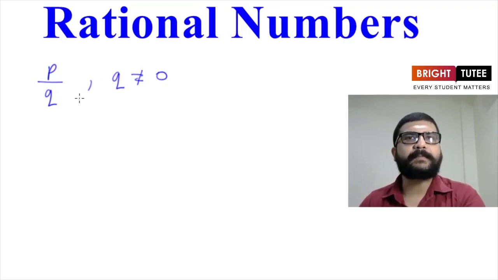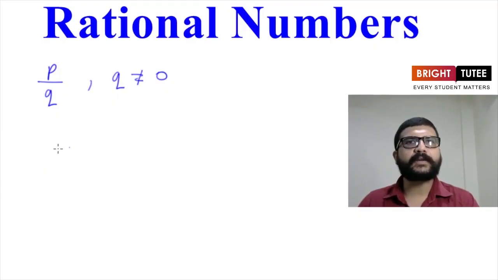We just have to multiply both numerator and denominator with the same number, or divide both numerator and denominator with the same number, to get the equivalent rational number. And after that we have seen how to identify whether a given rational number is a positive or a negative number.